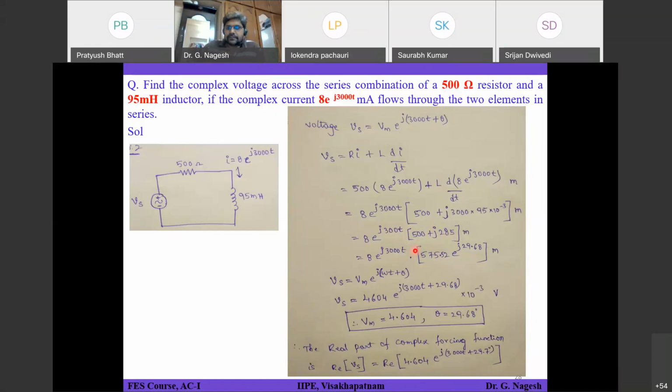In the calculator also there is an option to convert rectangular format to polar format. If you want, you can do it mathematically using steps. If you want directly, you can use the calculator to convert rectangular to polar or polar to rectangular back. The conversion process I already told you.